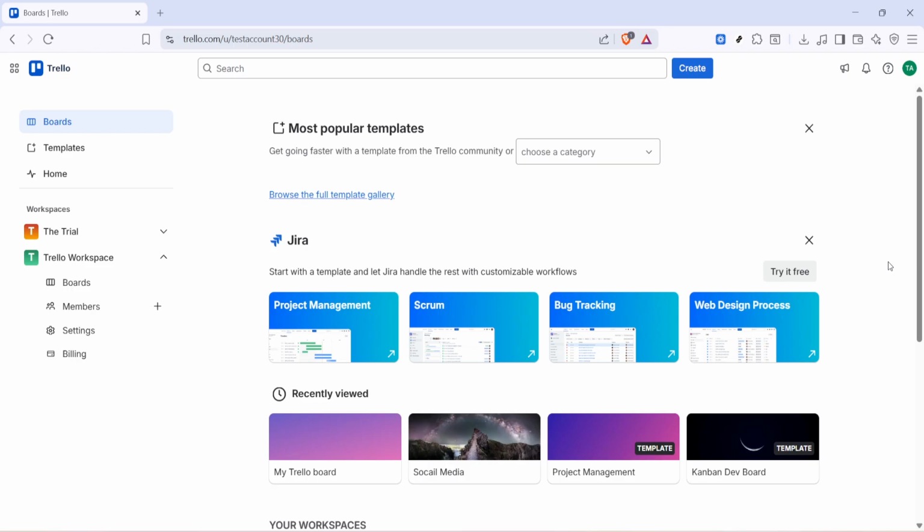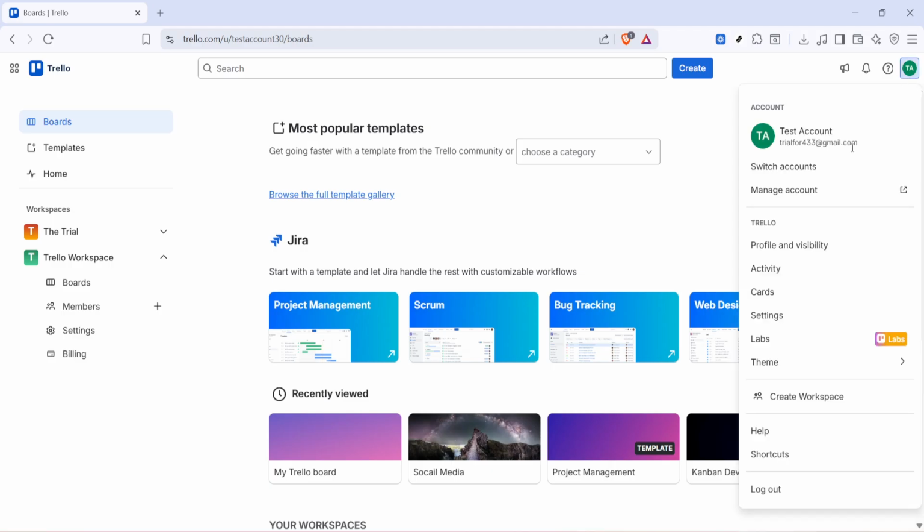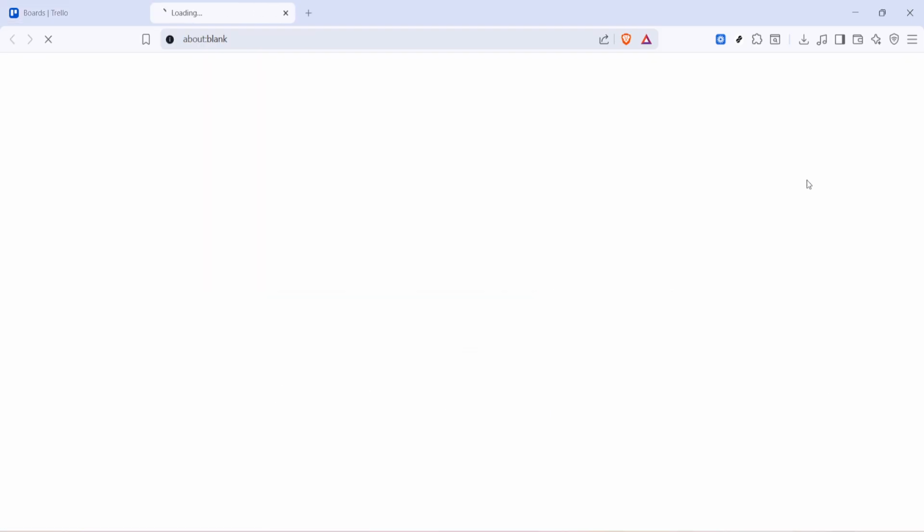Start by signing into Trello on a desktop browser. On any Trello page, look to the top right corner and click your profile avatar. This opens a small menu. From that menu, choose Manage Account. That option takes you out of Trello and into Atlassian's account management in a new tab, which is exactly where